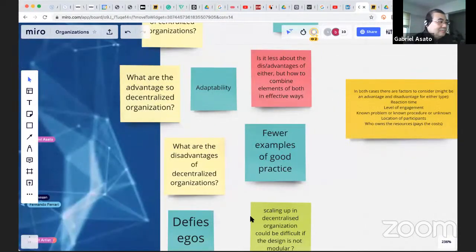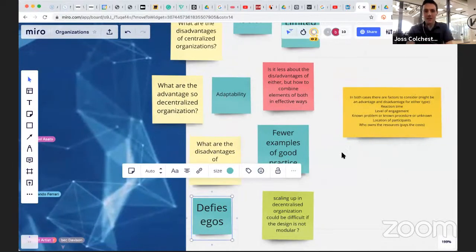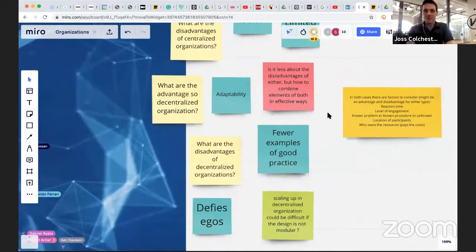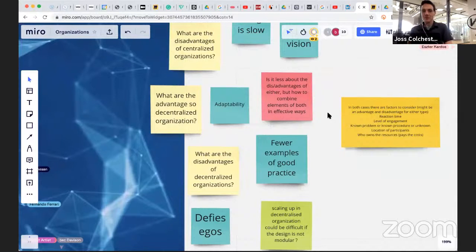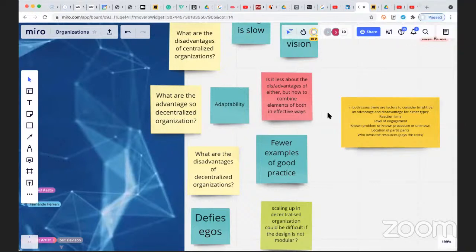Okay, so a few examples of good practice. What about defying ego? Anybody want to talk on this? Defying ego? And that was me. I don't know if it's written correctly, but